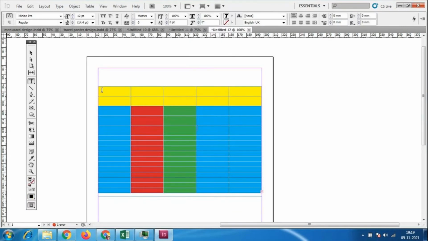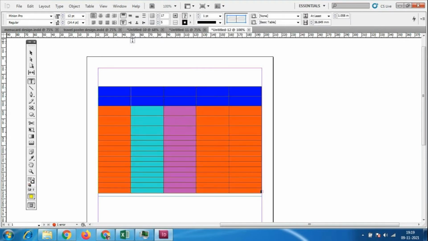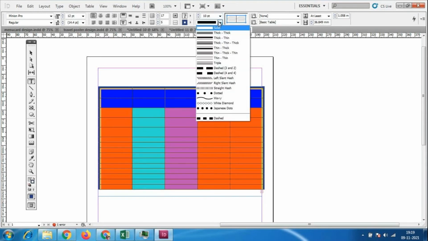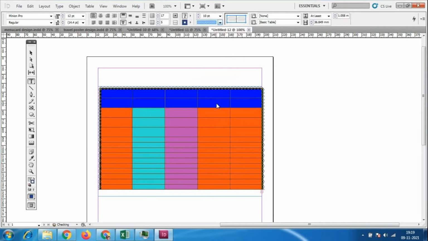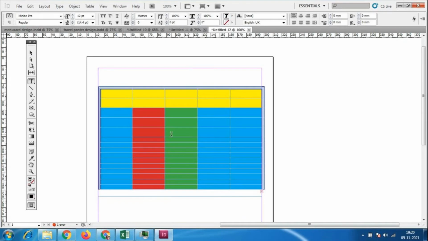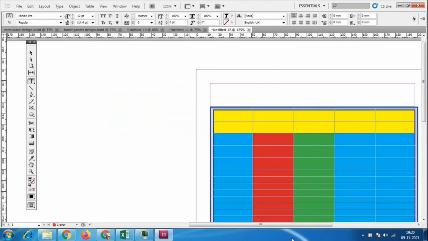If I select everything totally, you will get the option of rows and columns, how many rows and columns we want totally, the color and outline. So what is the color of the outline, those things we want. All these things you will get here. So the border of the outline, we can even change the border design also. We have very few designs, so we could change the border design also. Like this we'll get the option, and we have to type the text inside this.